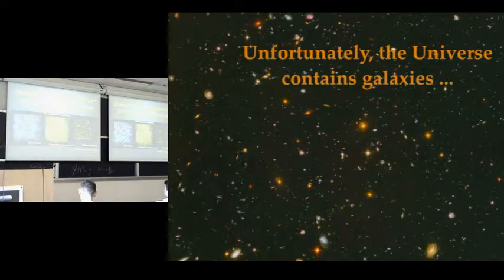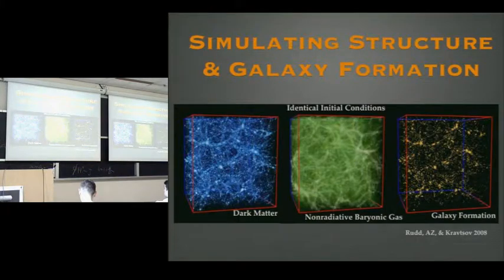So what we did, and Doug Rudd actually did most of this work as part of his thesis project, is that he designed a set of simulations for a reason that had nothing to do with this, and we realized that we could apply it to this problem. The basic idea was to take 3 simulations, all begun from the same initial phases, the same initial conditions. In one simulation, simulate only the gravitational physics. So that's just a dark matter n-body simulation, what we always call an n-body simulation, just the gravitational physics.